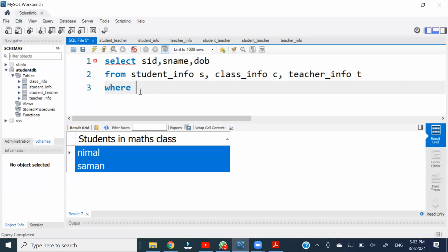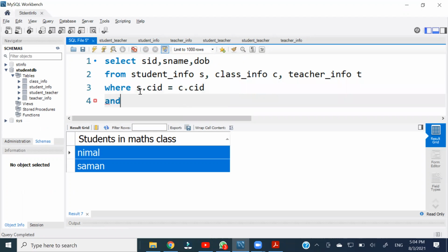Right? So obvious conditions are going to be what? S dot CID equals C dot CID. So from that, we refer the class and the relevant student. And the next condition should be the relationship in between the teacher and his class. So it's going to be C dot TID equals T dot TID. So these 2 things are obvious,